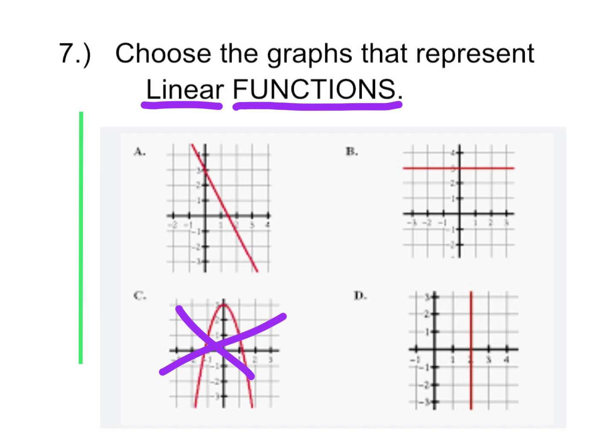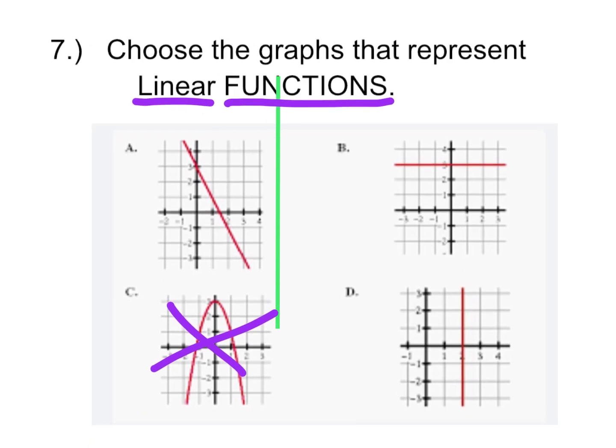I'm going to do the vertical line test to show you that A is a function. Every input has exactly one output. As I move the line across, you can see that the X values have only one Y value. So letter A is a function. As I continue to move the line across for B,